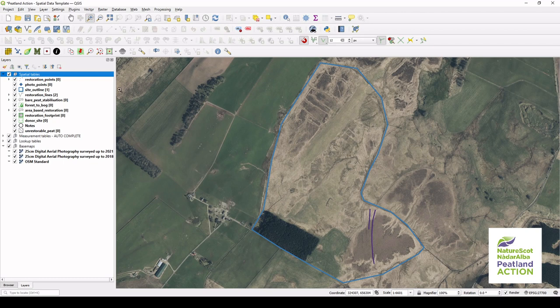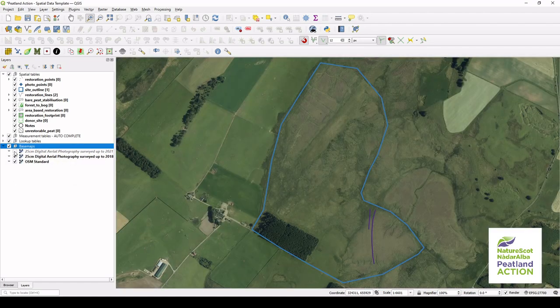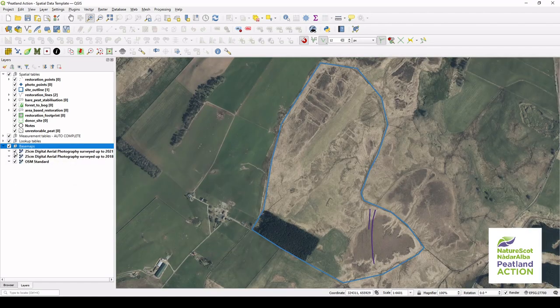As mentioned in video 3A, the site outline layer needs to be populated first, as the site ID is a mandatory field in all the remaining layers. It's also recommended that you add at least 2 sources of aerial imagery to your base maps group, as some features will be far more visible in some sources than in others. Finally, before adding any features to the area-based restoration layer, it's recommended that the spatial data template guidance is opened